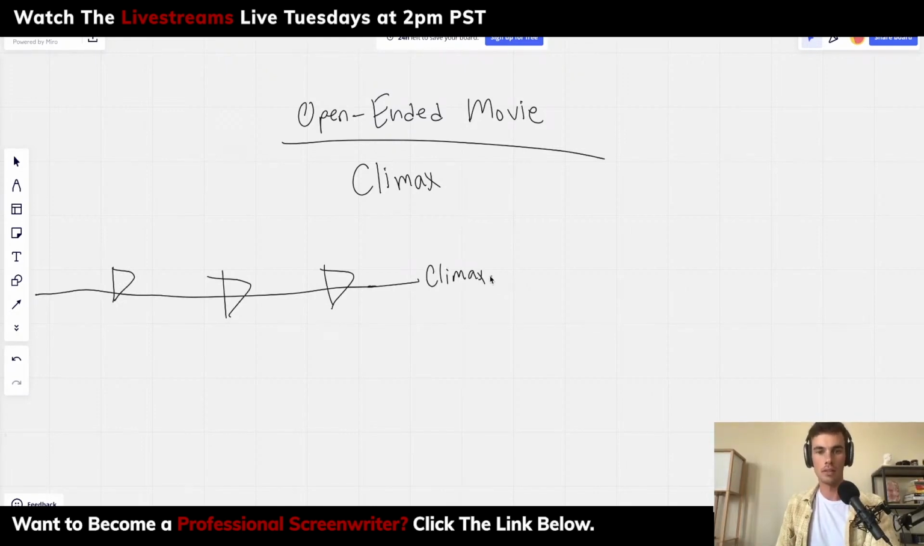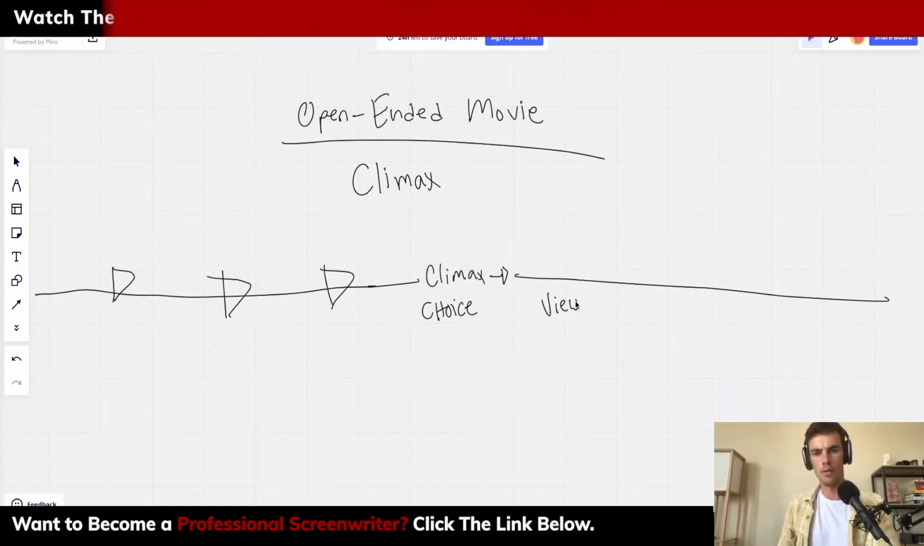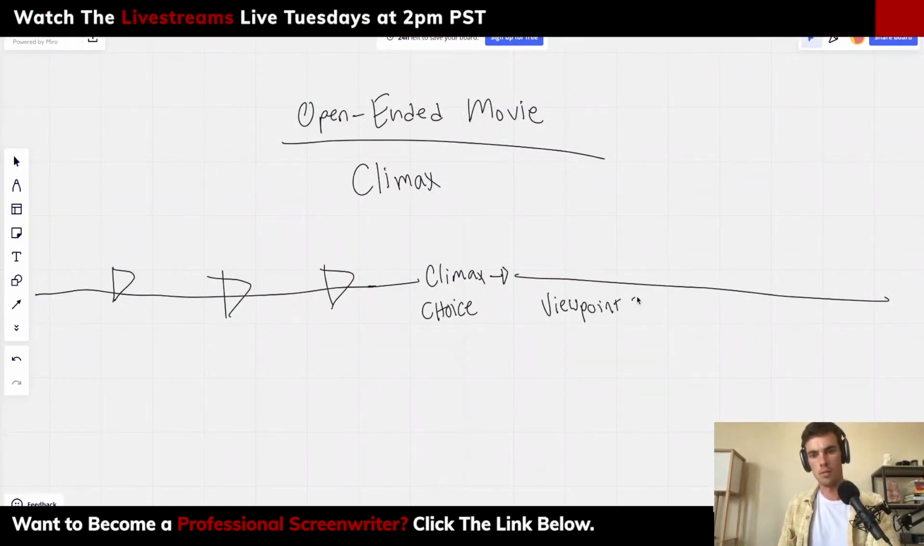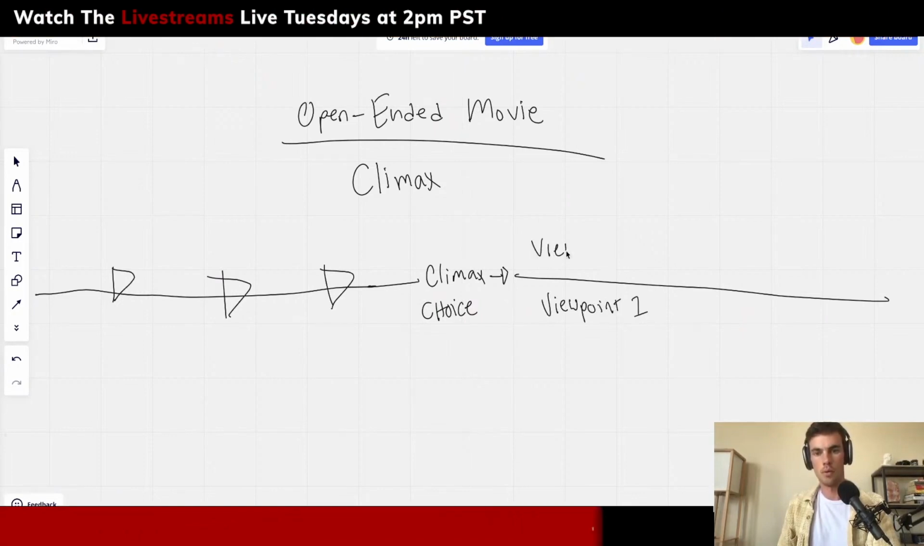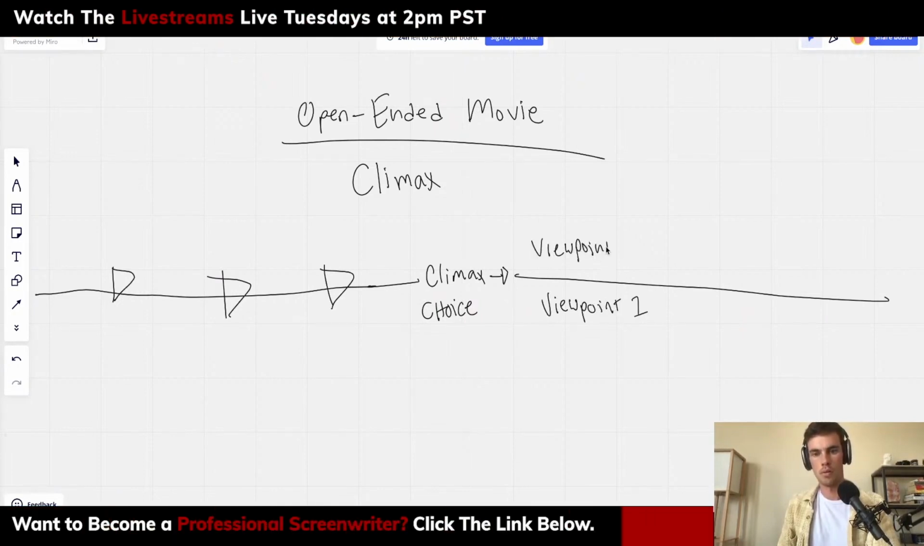And in this climax, our character is presented with their final choice, right? So in this climax, there is a choice between viewpoint 1 and viewpoint 2, right? So what your story is doing at this climax is, when you're thinking about an open-ended story,